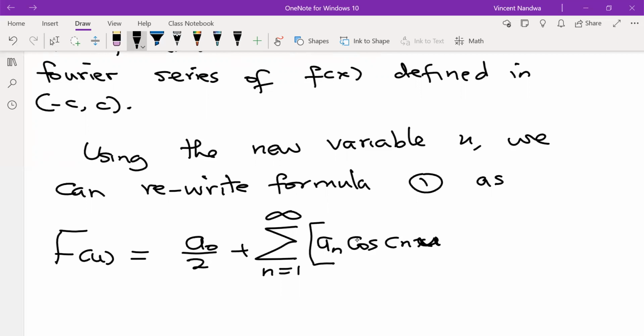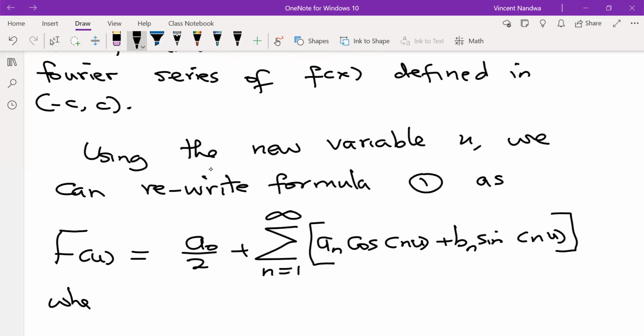Now the variable here is u. Plus b n sine of n u,